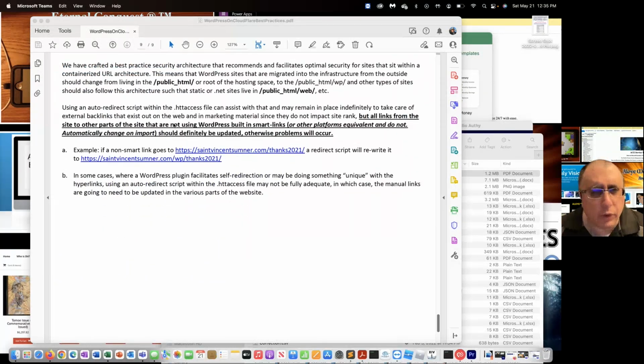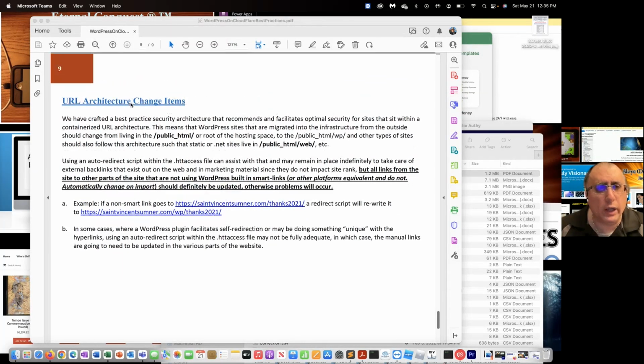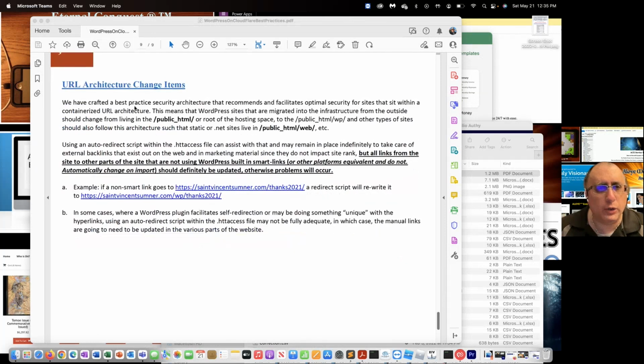Also, if you're changing architectures, for example, moving a current existing site from a retail host to an enterprise host,